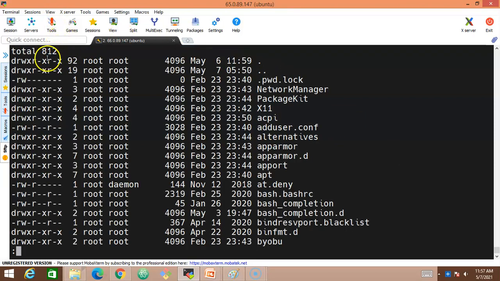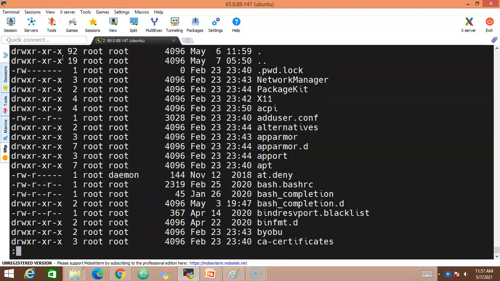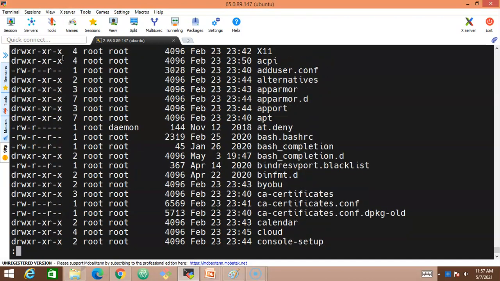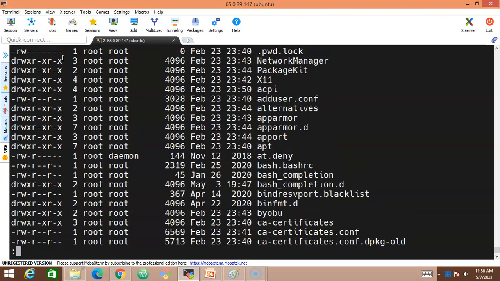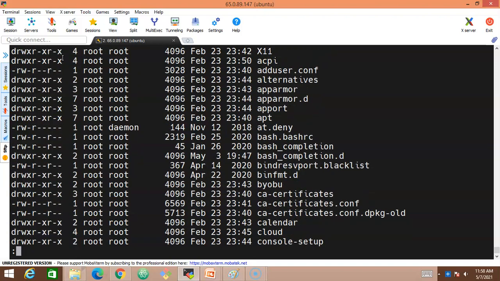Look at this. It starts from the beginning of the list of the files, and we can simply scroll down. Press enter, and if I want, I can scroll up and down with the help of arrow keys. See, I'm pressing the up arrow and down arrow, up arrow, down arrow. This is one of the usages of the less command, and this functionality is not available inside the more command. Apart from that, everything else is going to be the same.